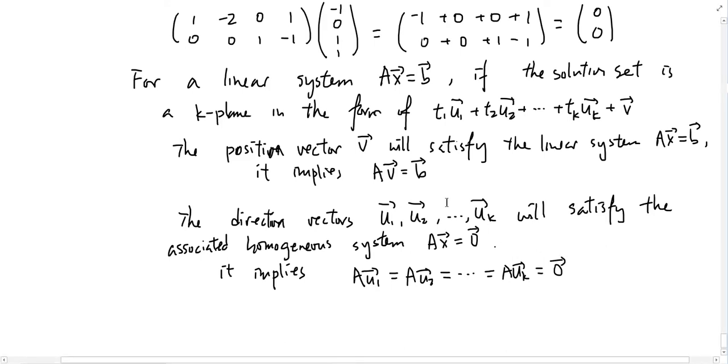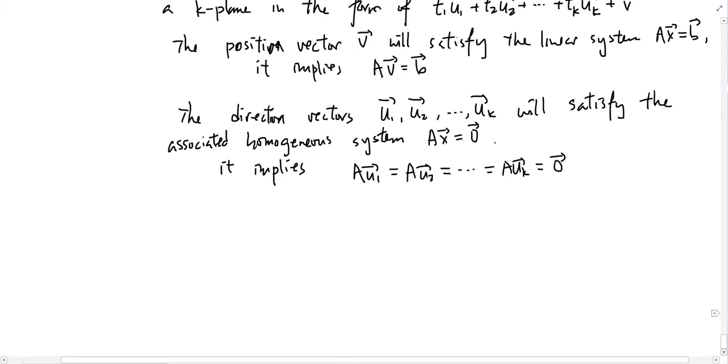Now, this unique property about the solution set of a linear system that happens to be in k-plane form gives us something very powerful, and that will be this theorem, because it gives us the idea of what the solution to a linear system should look like and how it's structured. So theorem 2.2.4 is extremely important,